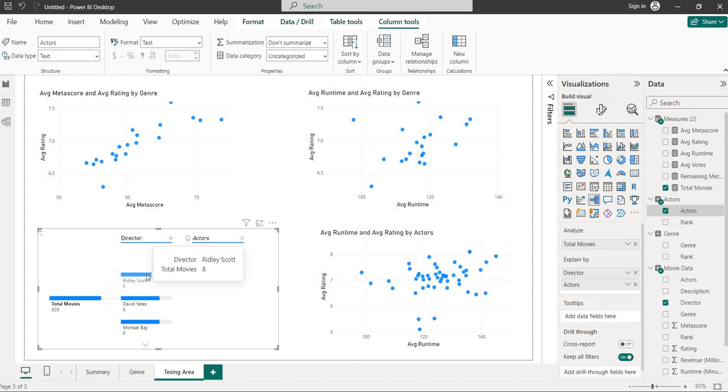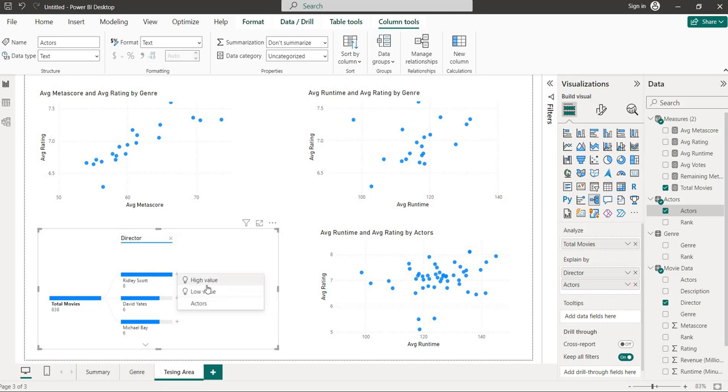Now you can see that for Ridley Scott, we have different actors. Similarly for David Yates, we have different actors. We can remove this level also from here. Just add the plus sign and it will come back.